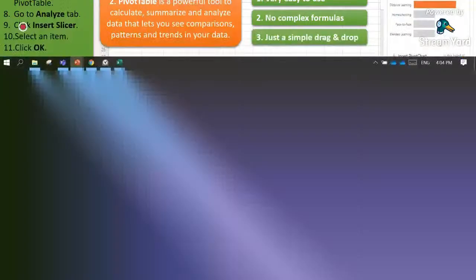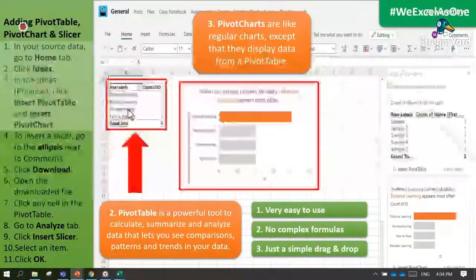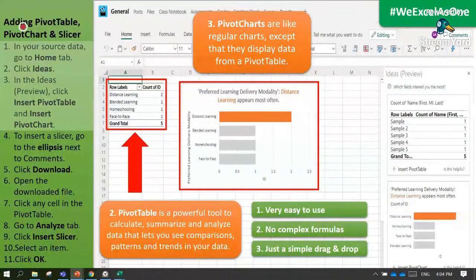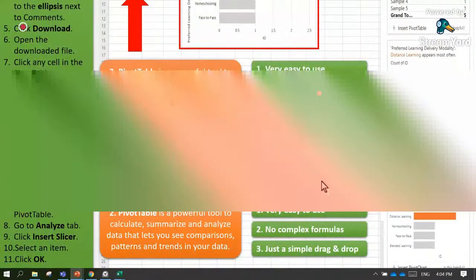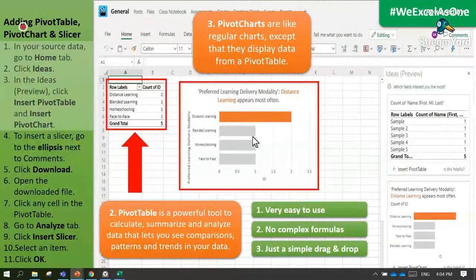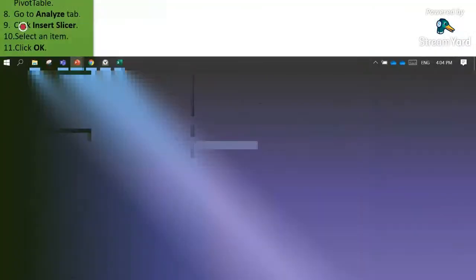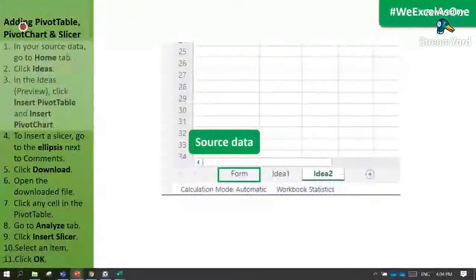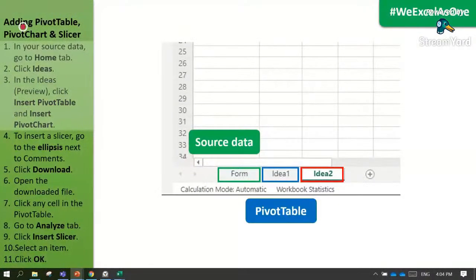Later again, you will know the amazing part of how these features are used during the demonstration. So they are connected to each other, the pivot chart and the pivot table. We are done with the introduction of the two features.